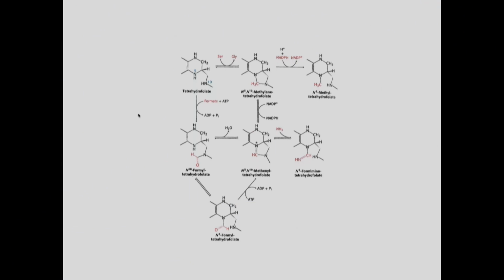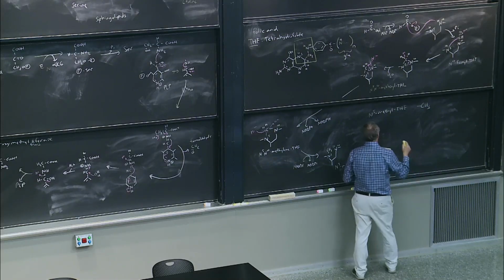Here is the same thing written from a textbook. The order is shown a little bit differently. The molecules are rotated, and it includes a couple other species that are added in for histidine metabolism. But if you look at this, you'll see it's exactly what I just drew, where you get these key species, where N5 methyl THF is effectively carrying a methyl group, so a one carbon methyl donor,